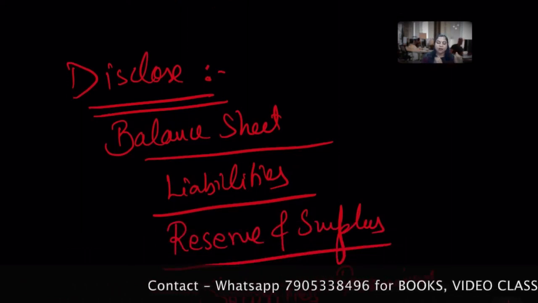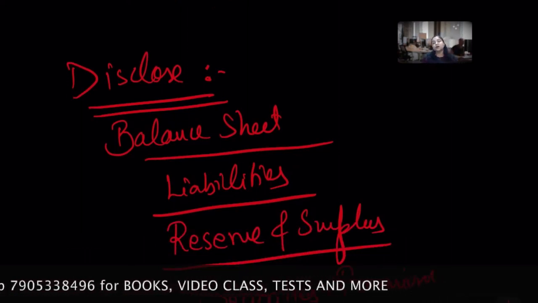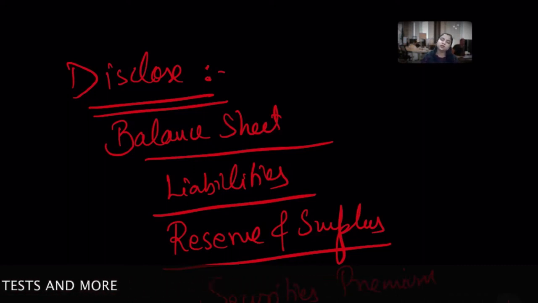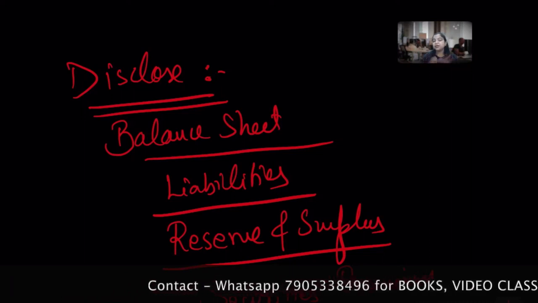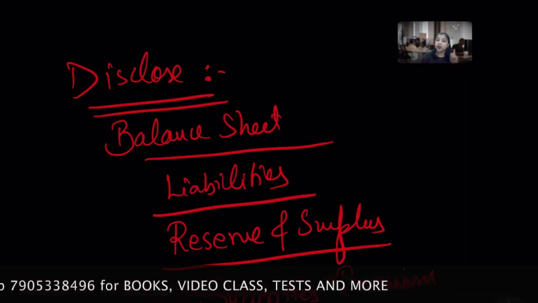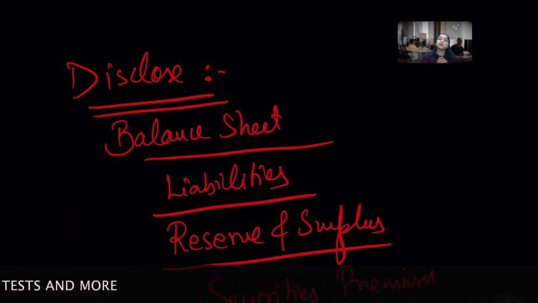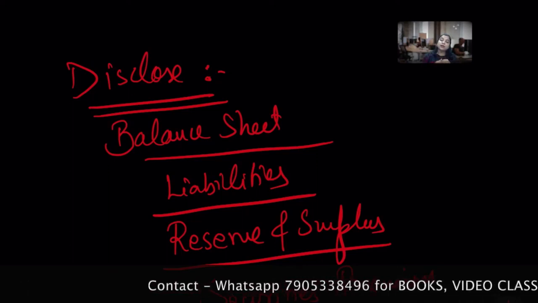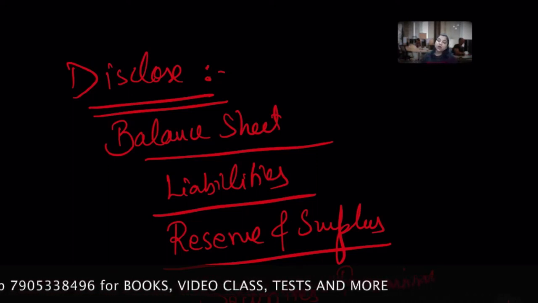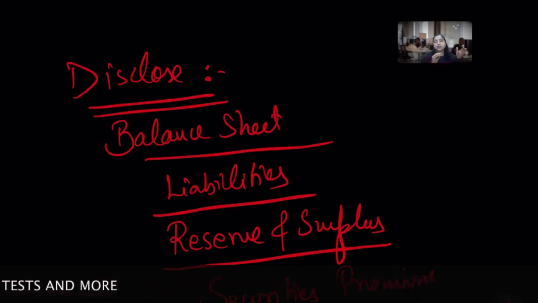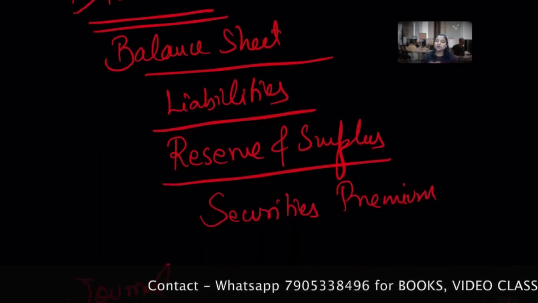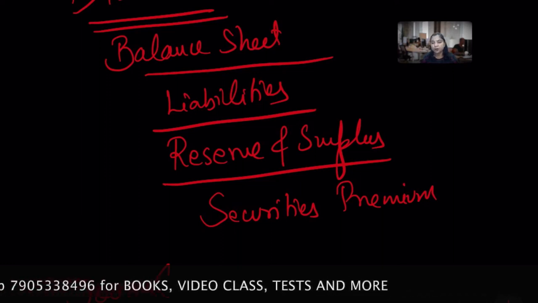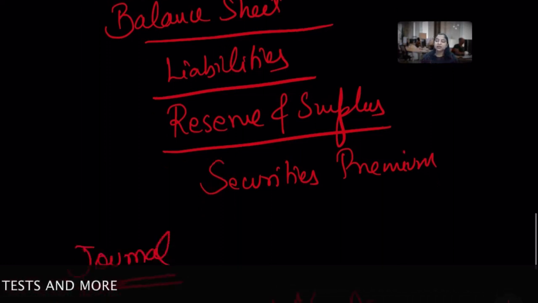डिस्क्लोज कहां करेंगे? बैलेंस शीट के अंदर, लायबिलिटीज और रिजर्व। क्यों? याद कर लेते हैं फटाफट। नहीं, याद नहीं करना, समझना है कि आपके जो पैसे आए थे मेरे पास शेयर होल्डर, वो भी तो एक लायबिलिटी थे, मैंने शेयर कैपिटल में डाले थे। लास्ट सेशन में मैंने इसे काफी डिटेल में समझाया है आपको। तो प्रीमियम भी मैंने बोला ये रेवेन्यू नेचर का नहीं है, ये कैपिटल नेचर का है, तो इसीलिए ये कैपिटल नेचर का हमने अपने पास रखा हुआ है एज अ लायबिलिटी, लेकिन ये कैपिटल रिसिप्ट है तो हम इसे रिजर्व एंड सरप्लस में ट्रांसफर करते हैं, ठीक है। तो लायबिलिटी की साइड में रिजर्व एंड सरप्लस के अंदर सेपरेट अकाउंट बनेगा सिक्योरिटी प्रीमियम अकाउंट।